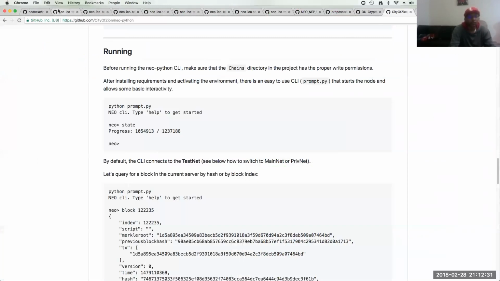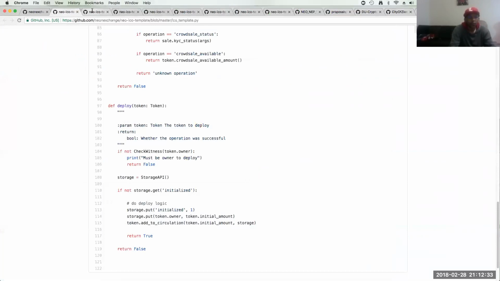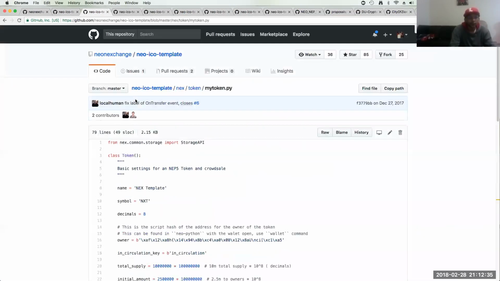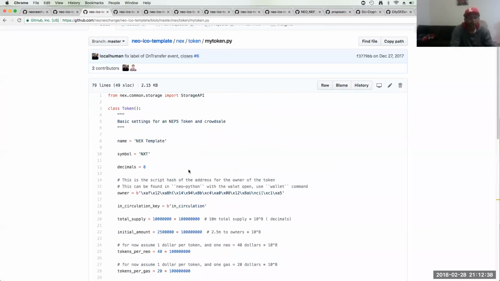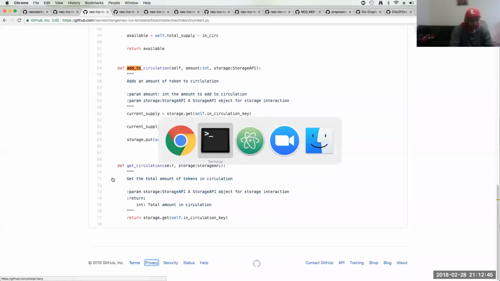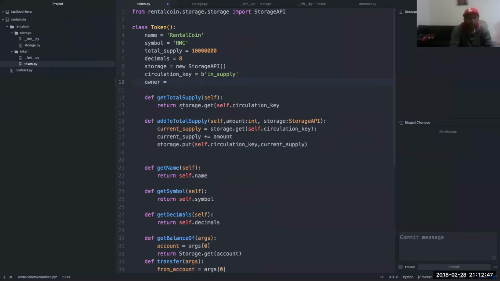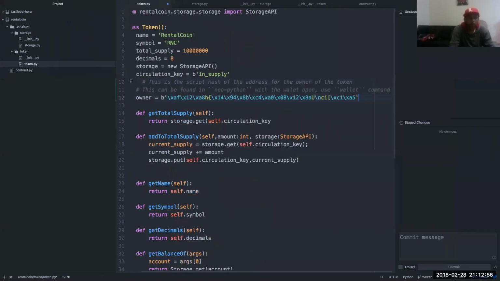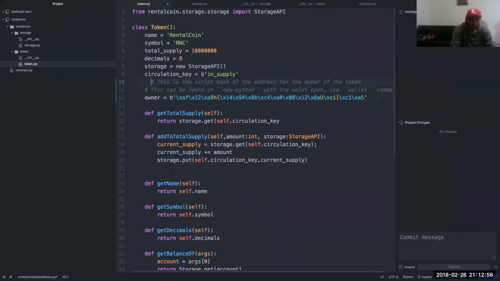But I guess in the meantime, I'll just put. All right, so this is the script hash of the address for the owner of the token.